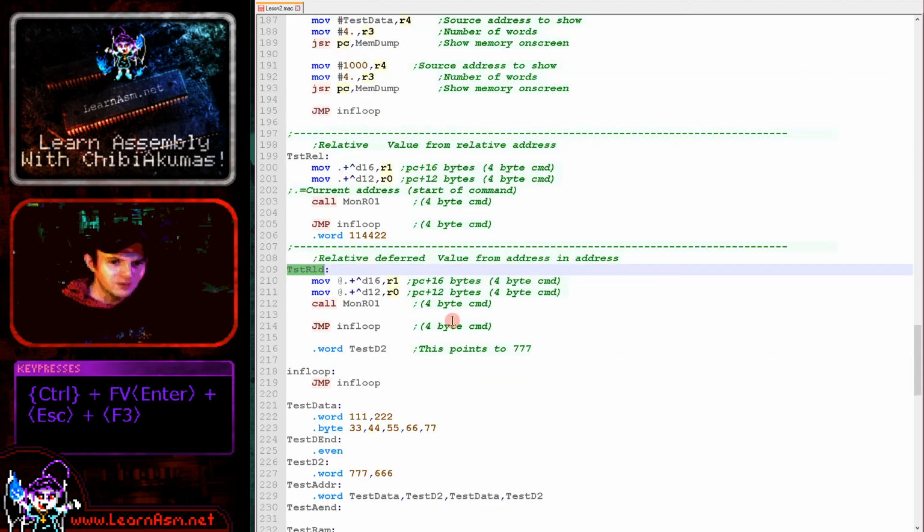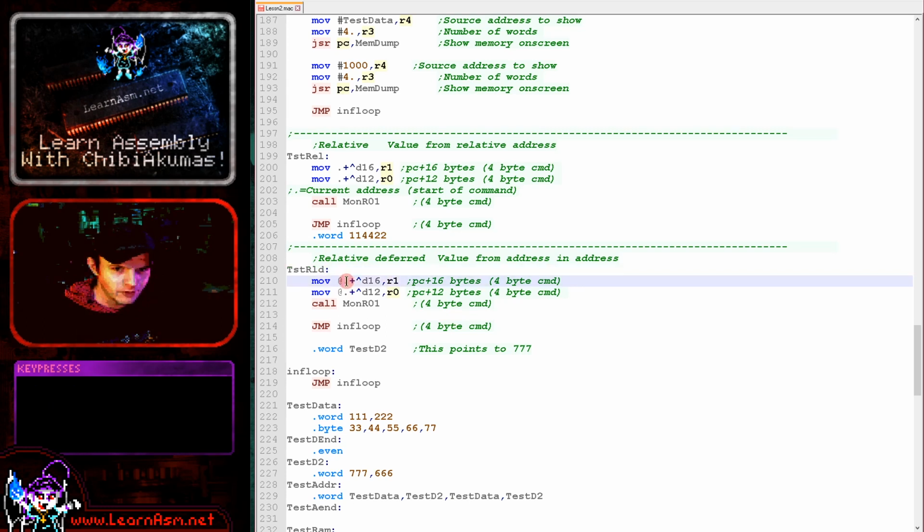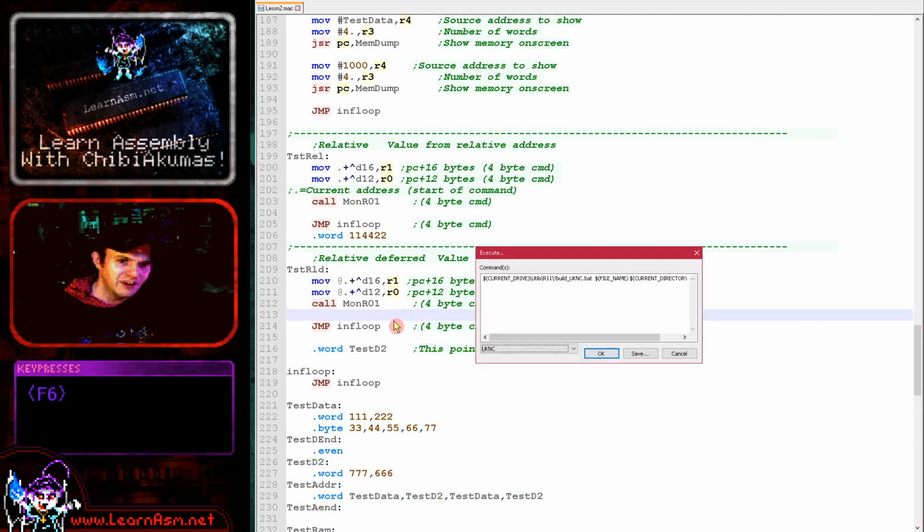Okay, so this is a relative deferred reading. So we're loading in again from the address at the program counter plus an offset. Whereas here we were loading in a fixed value, now we're loading in from an address label specified in a relative location to the program counter. So in the same way as before, we are adding 16 bytes here to point to this data here, like before when we pointed to this data here, and then 12 bytes. But this time the data isn't a fixed value, it's effectively a pointer to a label with some test data in it. So if we just compile this,